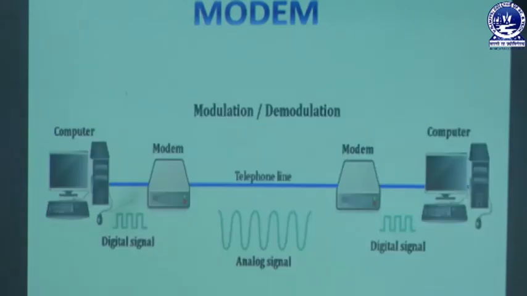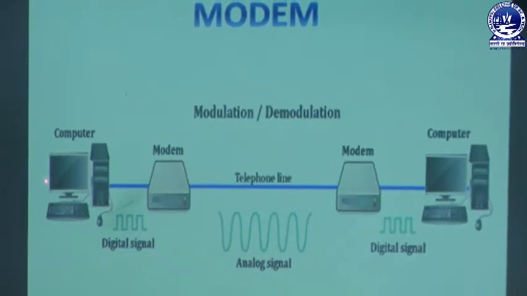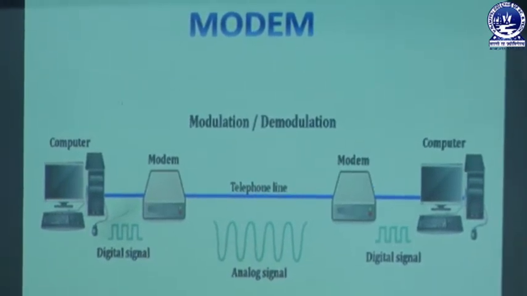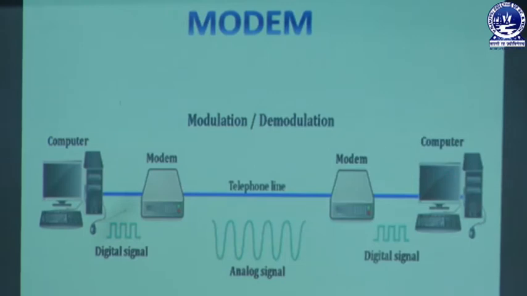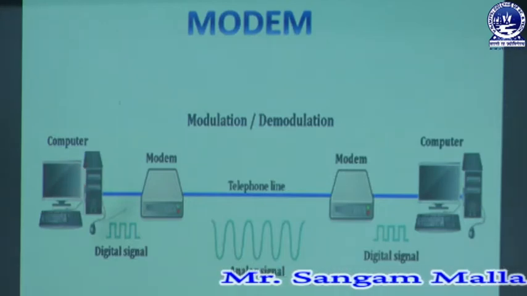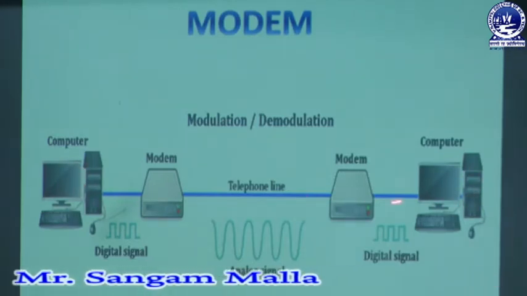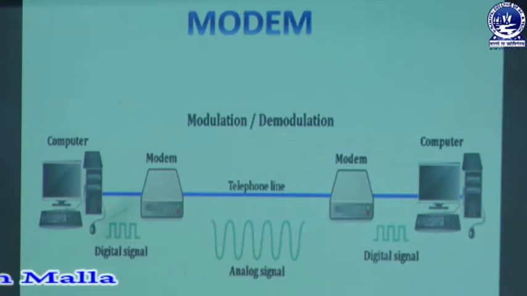Now you can see the image of a modem, and how the modem actually plays its role. Here there is a computer, and at the other end there is another computer. It is not necessary that we have computers at both ends. We can have any system that is digital in nature. We can use a phone over here, a computer over here; two phones can be connected, two computers can be connected, two mobile phones can be connected, or one mobile phone and one computer. You can use tablets also.